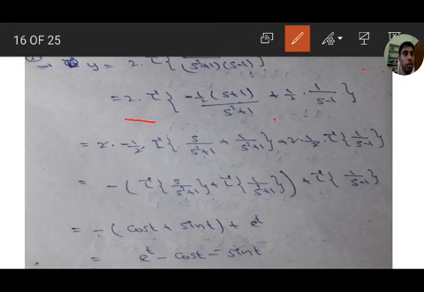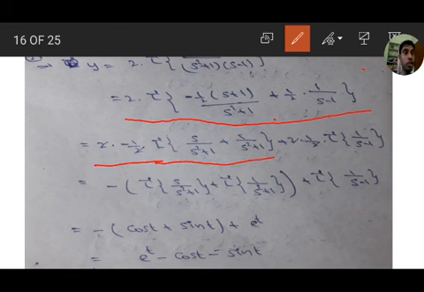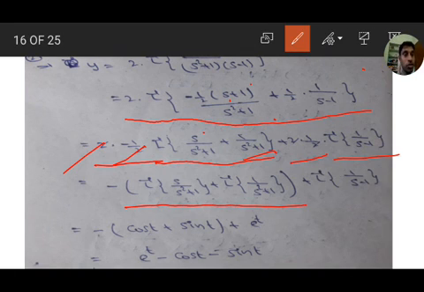So we get 2 into L inverse of minus 1 by 2 outside, (s plus 1) by (s square plus 1), plus 1 by 2 into 1 by (s minus 1). Here minus 1 by 2 outside, so 2 into minus 1 by 2, L inverse of (s plus 1) by (s square plus 1), separate division, s by (s square plus 1), 1 by (s square plus 1). Next 2 into 1 by 2, L inverse of 1 by (s minus 1). So 2 cancel here, minus 1 we get L inverse of s by (s square plus 1), L inverse of 1 by (s square plus 1) plus L inverse of 1 by (s minus 1).